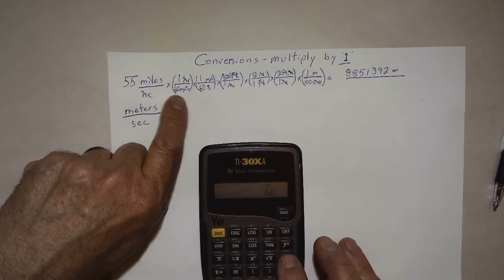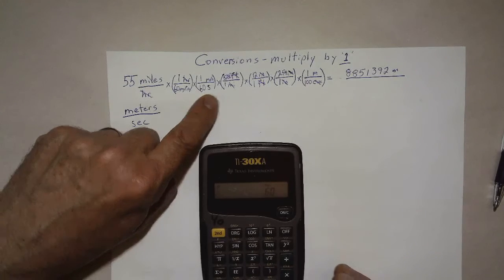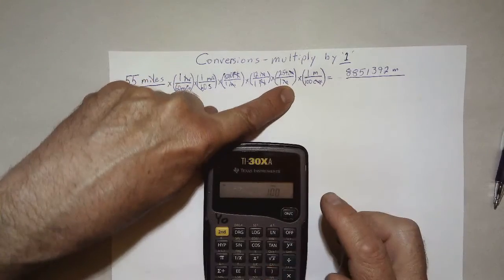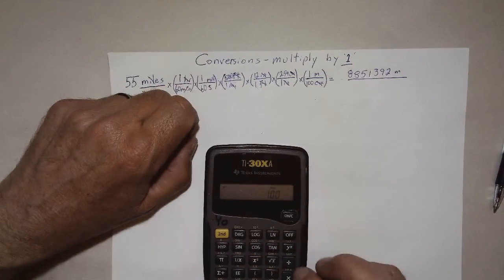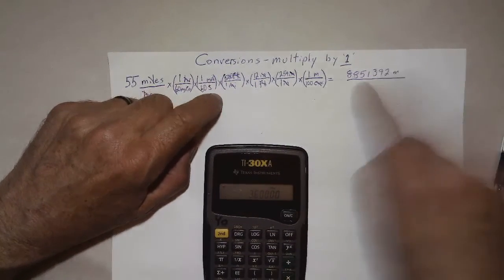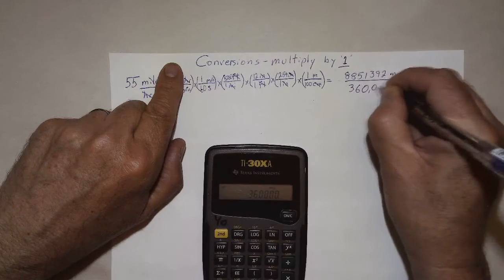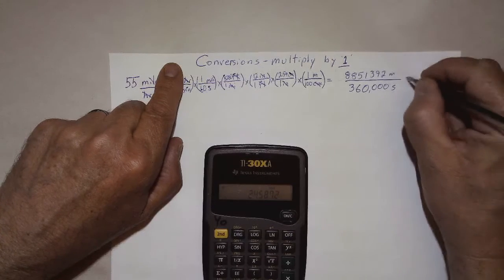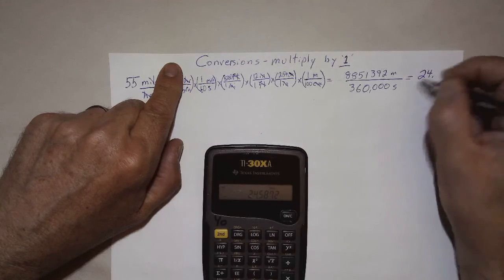60 times 60 times 100. And because I used parentheses, I could do that. If I didn't use parentheses, I'd have to say divided by, divided by, divided by. But I'm closing my parentheses to find out what number goes down here. And that's 360,000 seconds. Now when I press equals, we find what that comes down to is 24 point,